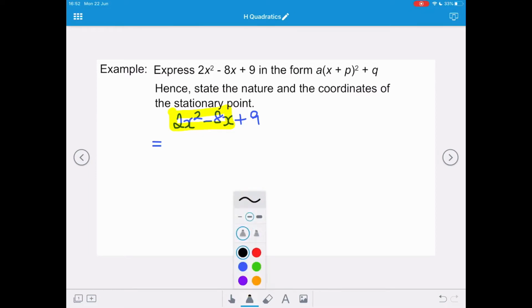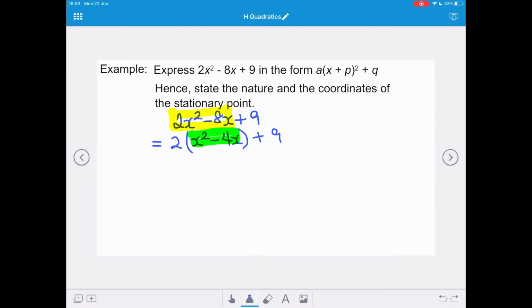Now we want a, which is a numerical value, so we're only taking out a numerical common factor, and so that would be 2(x squared minus 4x), and then we've got our plus 9. Now the next thing we want to do is complete the square of the x squared minus 4x bracket, remembering that we'll have a constant term that we need to take away. So to complete the square, we have the coefficient of our x term, so we're going to end up with 2(x minus 2) all squared, and then take away the negative 2 squared, which is take away 4,